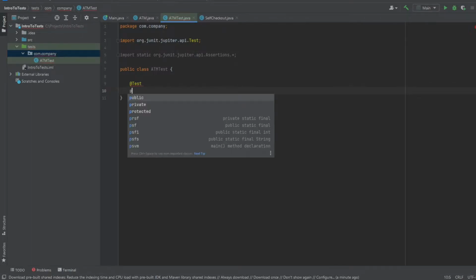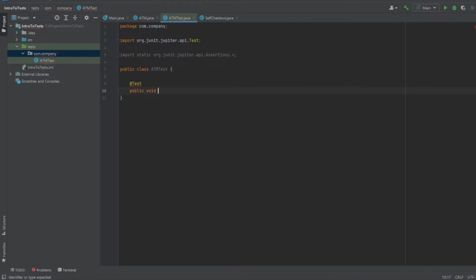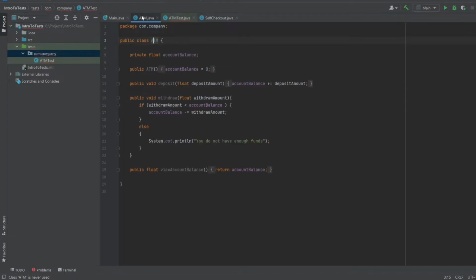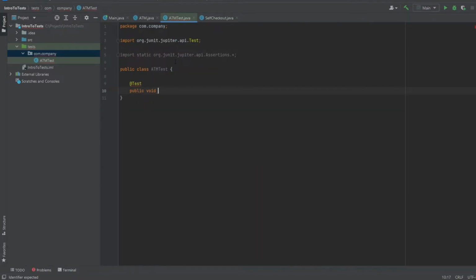Again, every test we need to start with public void, because the test results don't return anything. And the format I try to follow whenever I write tests is when something, then something needs to happen. So in the case of our ATM, let's think of a scenario. Whenever we deposit $100, there should be $100 in our account, right? So that's how we actually did our test before, when we printed out the results on our screen. So that's exactly what I'm going to write here. So when deposit 100, then